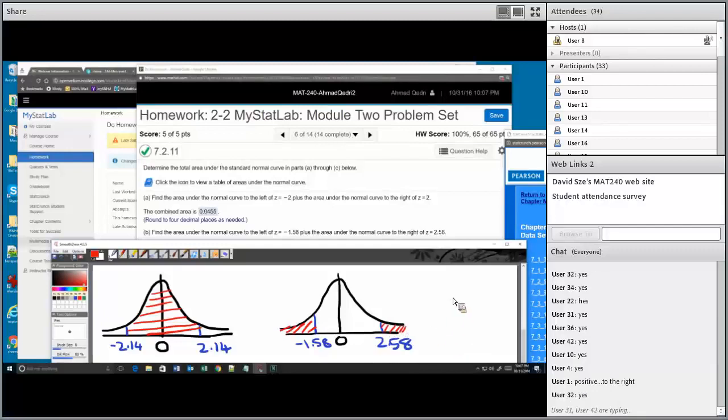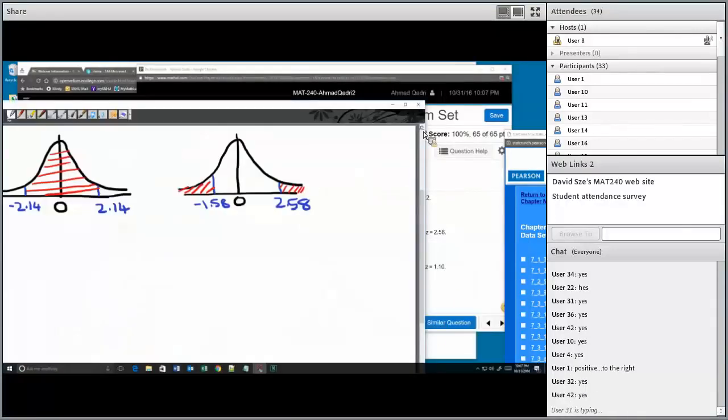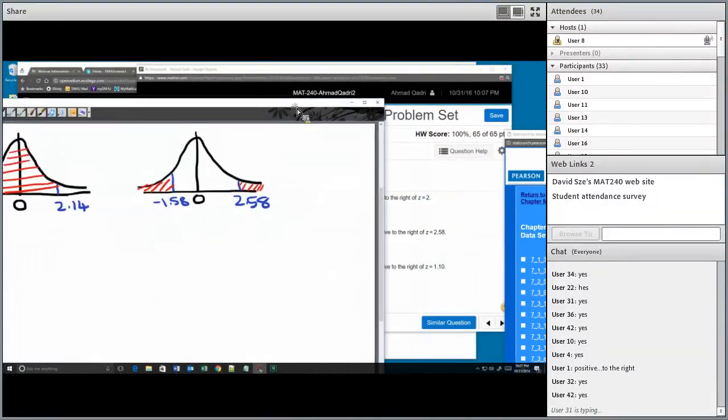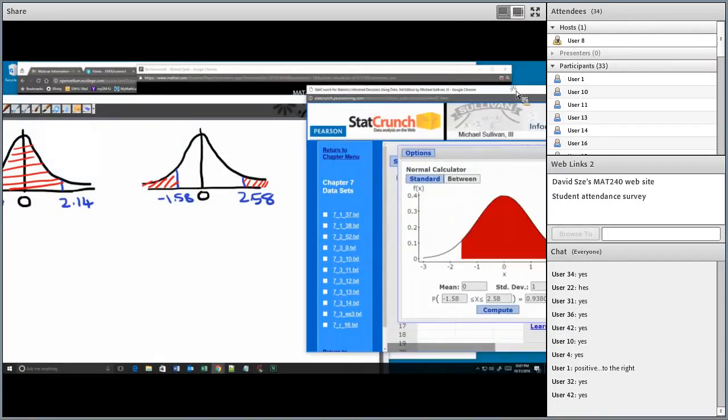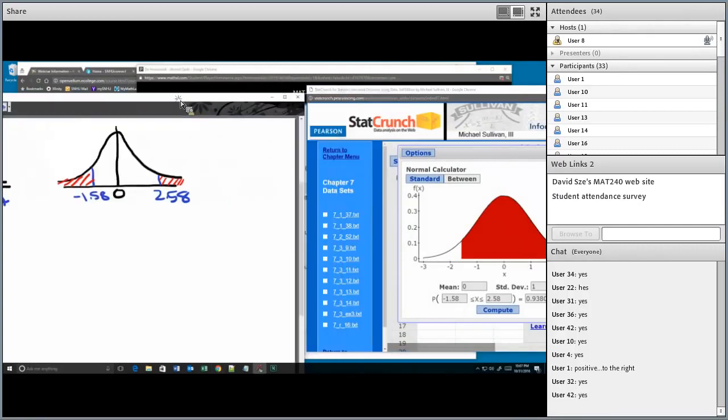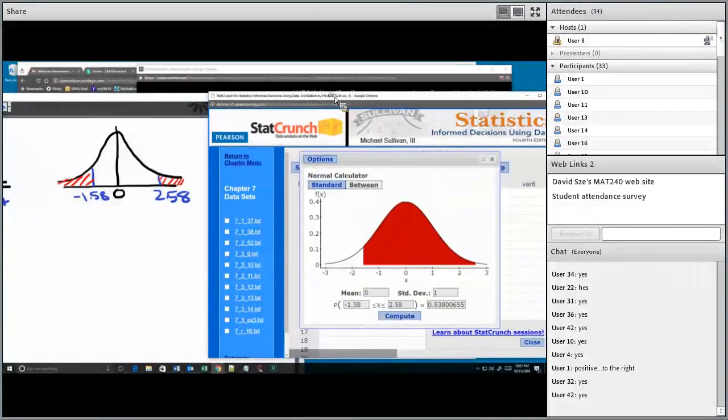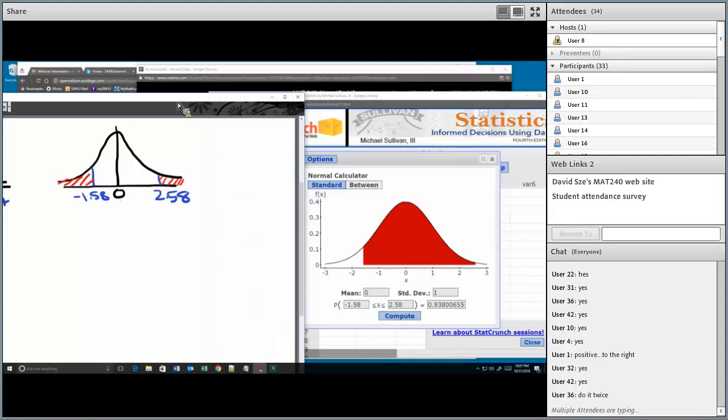Aha. Okay, now this is a question. If you were in my class, I would give you extra credit points for getting this question correct because this is a little bit of a tricky question. So how do we find this? We don't have a way to calculate the edge areas in StatCrunch. How can we find this area? Any question? Sarah, you're right. We can do one at a time.